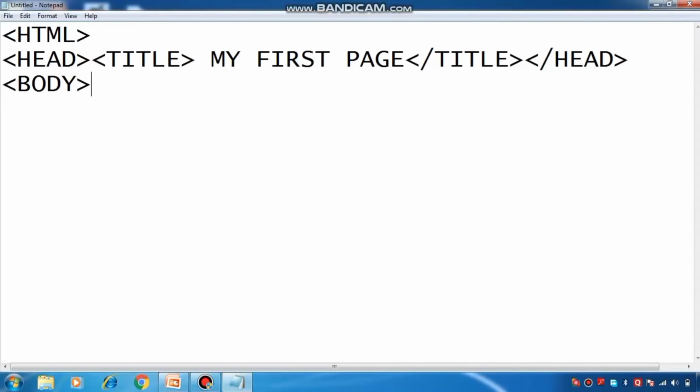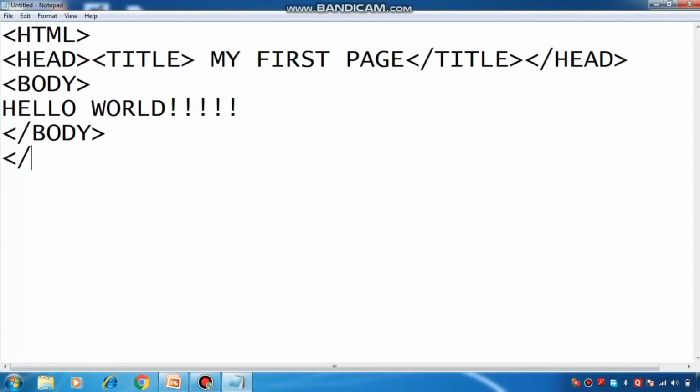The body tag contains all the other tags or things which we want to show in our web page. Suppose I want to write hello world. This is the thing which I have to show in our web page. Here I close the body tag, and after closing the body tag I'll close the HTML tag also.